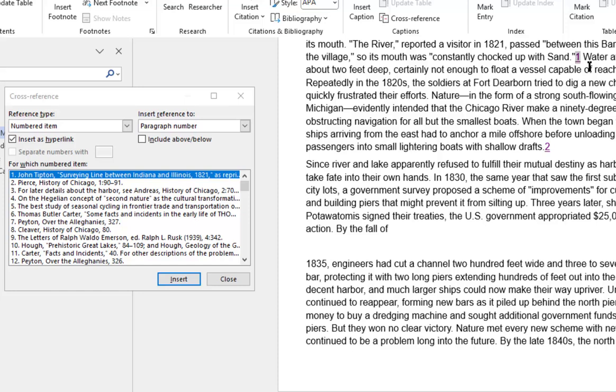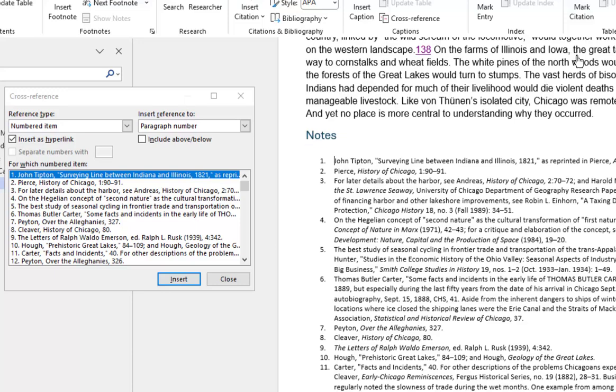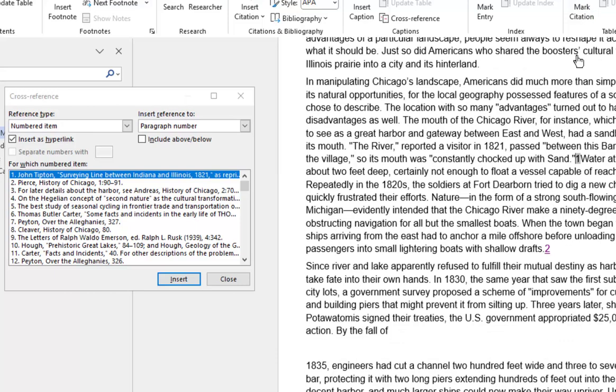This time, I'm going to highlight the numeral 1 and the space after it, and use the cross-reference dialog again to insert a reference to numbered item 1 in the notes area. Now when I Control-click it, I do jump to the first item in the list. Alt plus left arrow to move back to where we clicked the link. I'm going to put the space back after the number that we got rid of in the process of inserting